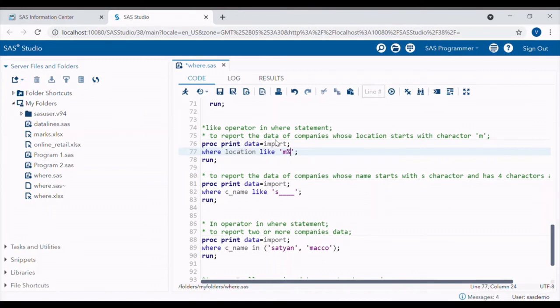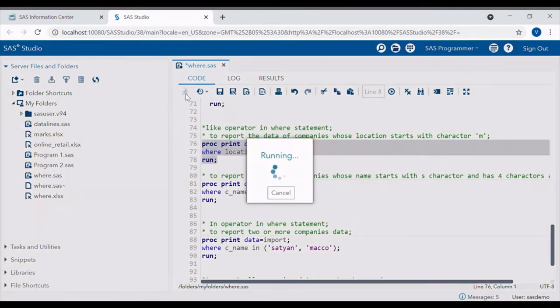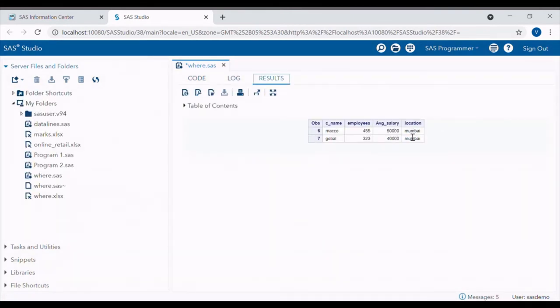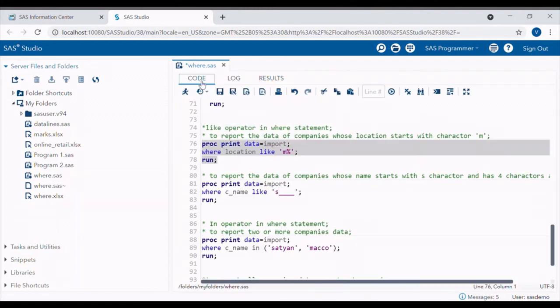Suppose we want to report the data of companies whose location starts with character M. Then the code simply will be where location like 'M%', because the percentage indicates any number of characters, and we want the location to start with character M. When we run it, we will get the location which starts with M, that is Mumbai.